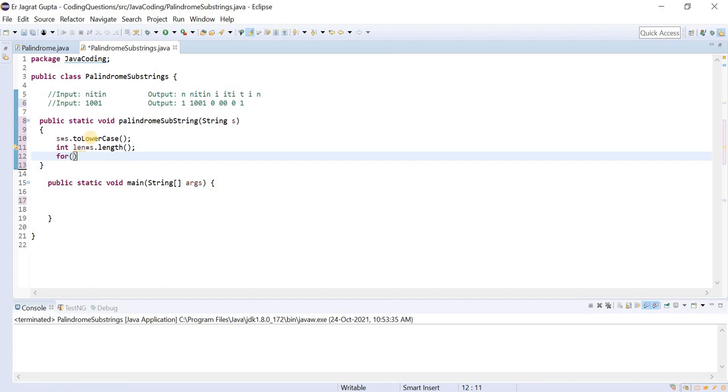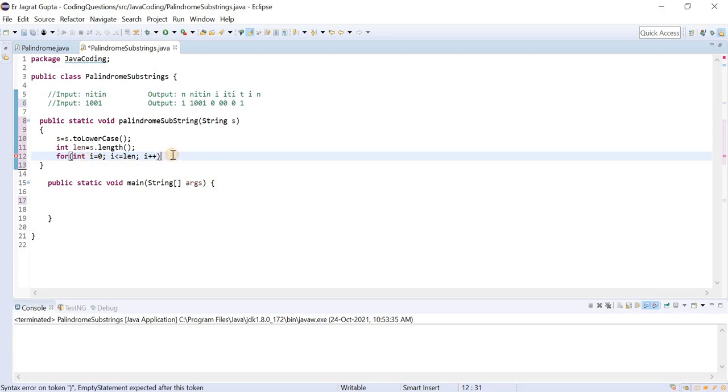Now how can we find out the substring? So of course we will start from this, and this is for the i. There is index i, and we need to start j from here, means i plus 1, and we will iterate the loop for j. For the next time I will start i from here, and for j we will start from the next index. So let me write, int i is equal to 0, i is less than or equal to length, and i plus plus, like this.